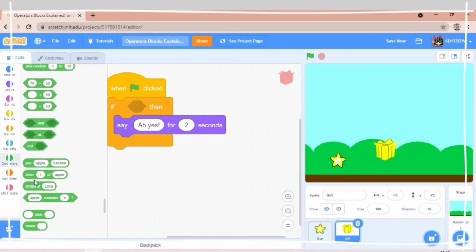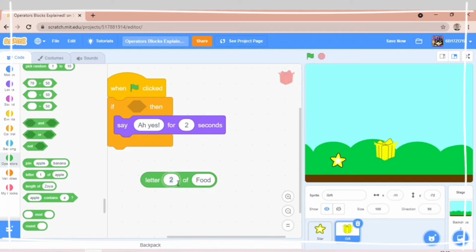And the other one we have got is letter 1 of apple or anything. Like we can take food. Now the letter which is the first letter of food? It's F. Or the second letter?